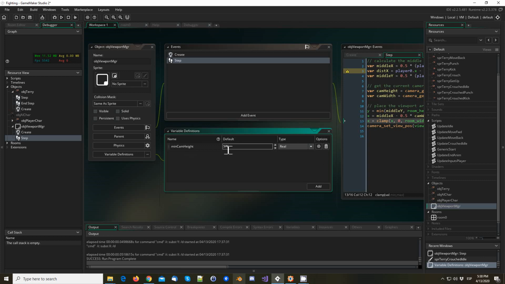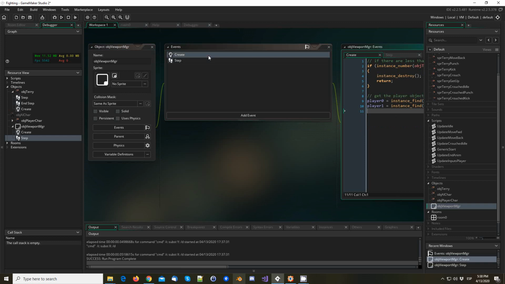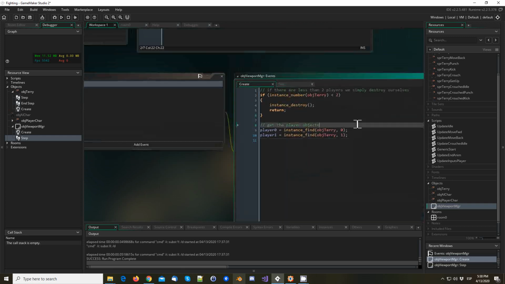Actually, no, let's remove this, drop it out. So in the create event, we gather other interesting info, like min cam width, and min cam height is going to be